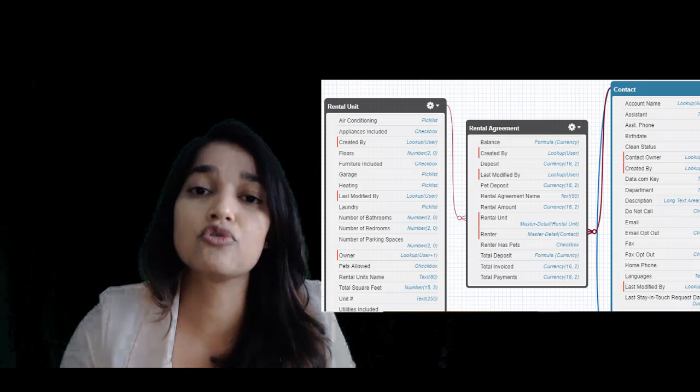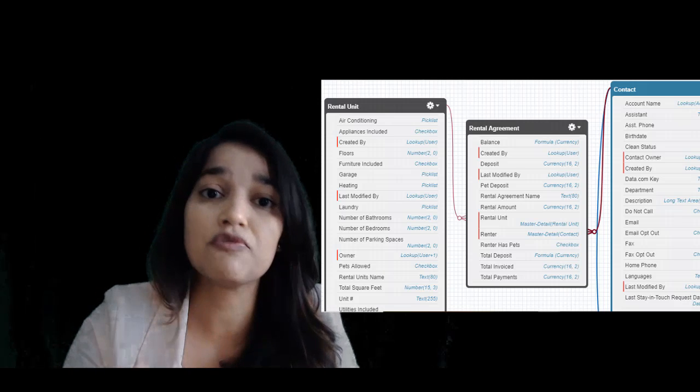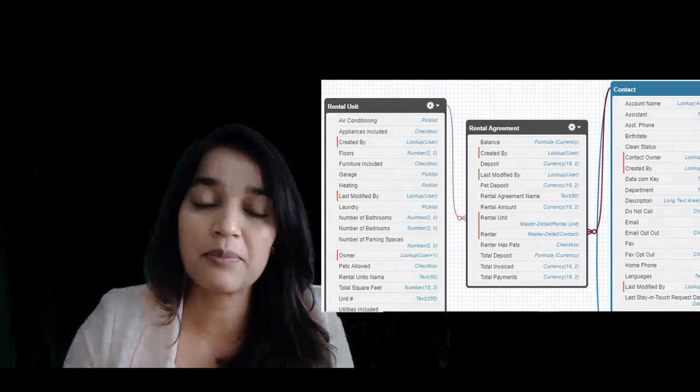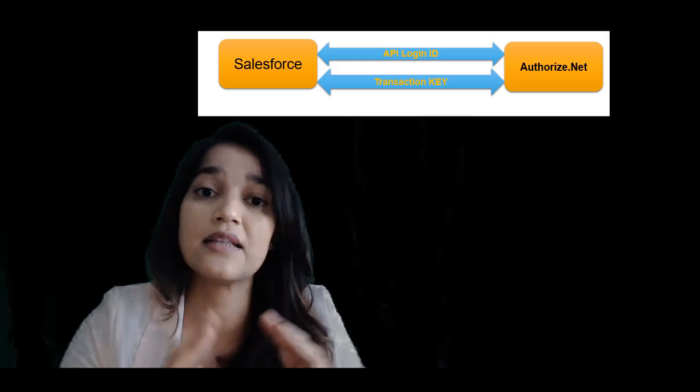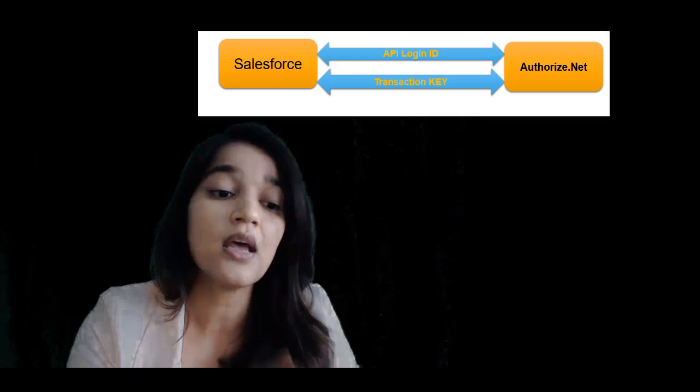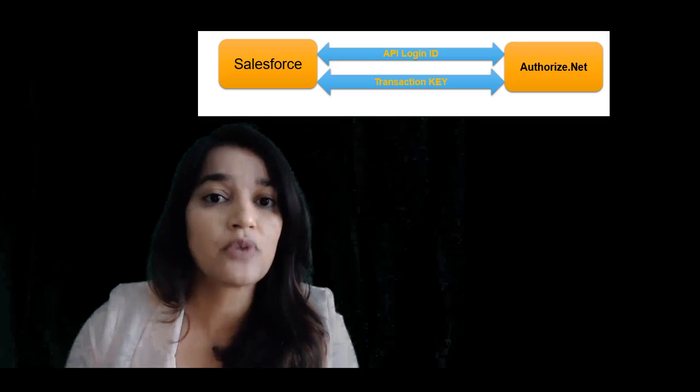And first thing we're going to start the course with, we'll be using out-of-the-box features of Salesforce to build objects and fields that we need for our property management application. Once that is done, then we're going to go ahead and set up the communication between Salesforce and Authorize.net.